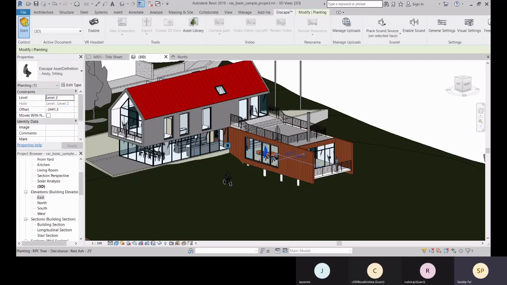In Revit you cannot get that. It will be shown as a normal mesh object, but if you render in Enscape, you will get a proper and actual man. Just wait for a minute. It will take some time to load.